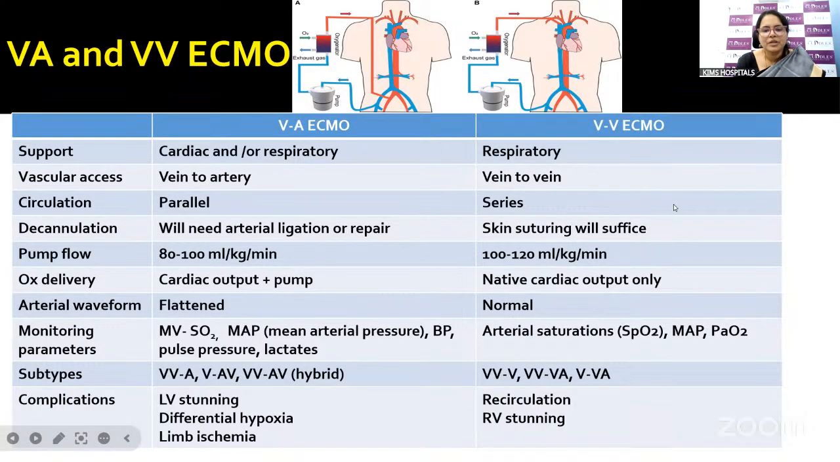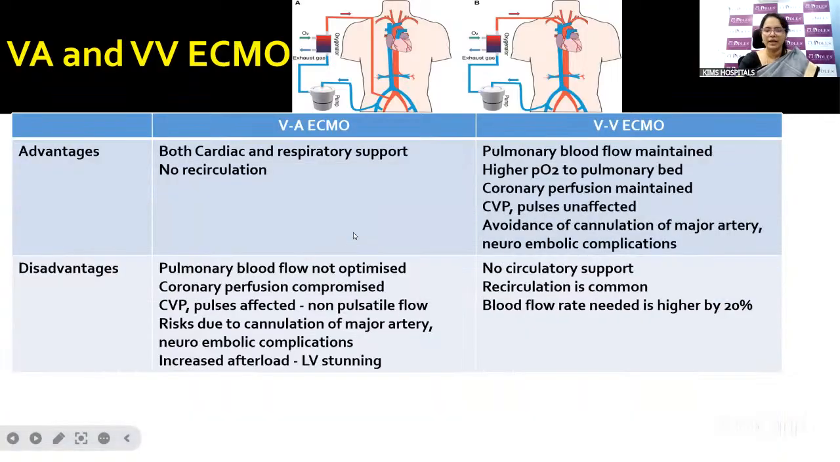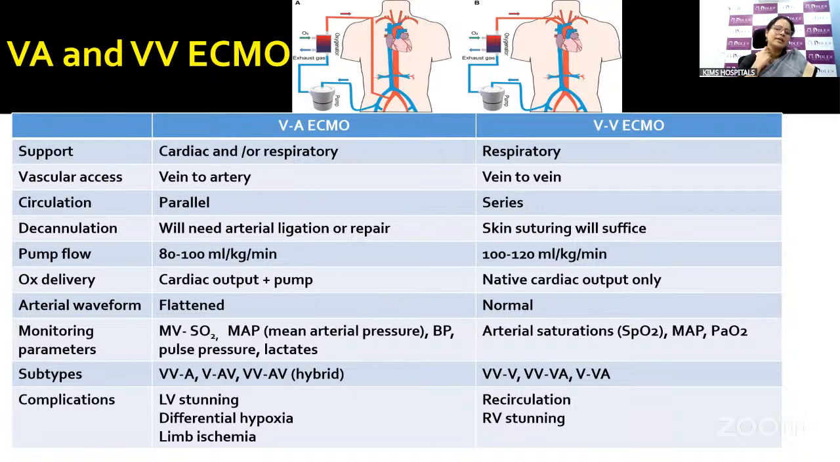Now, in terms of some practical concerns, of course, VV ECMO might be a little bit simpler because when we remove the cannula, skin suturing alone might be sufficient, whereas in VA ECMO, because of the arterial cannulation, this might require arterial ligation or sometimes even a vascular repair performed by a vascular surgeon when decannulation is performed. Now we'll be discussing the settings in ECMO. One of the primary settings is the flow, that is the ECMO flow, which is usually kept at 80 to